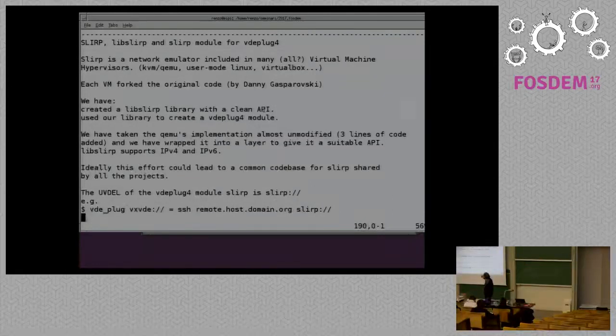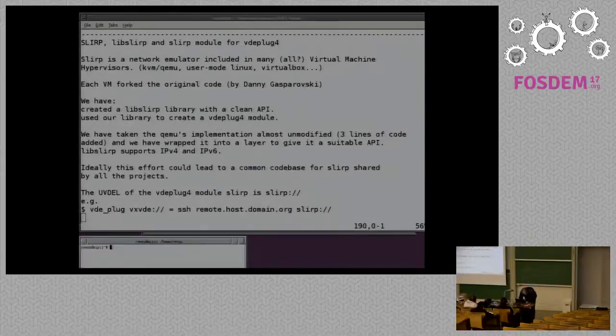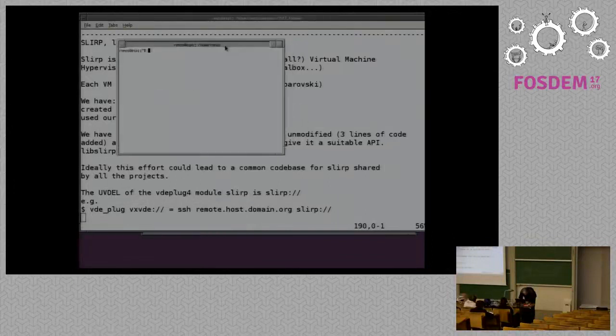To create the new module, we have taken the code from QEMU exactly as it is. We have just added 3 lines to add an include file, so we can follow the evolution of the QEMU Slirp implementation. And we created a library. So if you need Slirp in your project, now there is a library that provides Slirp facilities. So for example, I can create